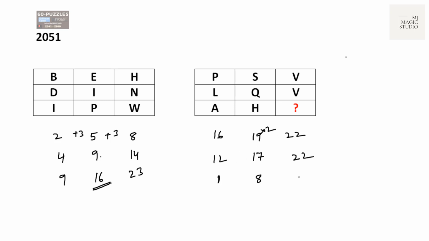A is 1, H is 8 and this is X. That means 8 into 2 is 16, which is equal to X plus 1. Therefore, X should be equal to 16 minus 1, that is 15. And the 15th letter is O. O should be featured at this point. Infosys love giving these kind of grids with alphabets. Do keep on practicing.